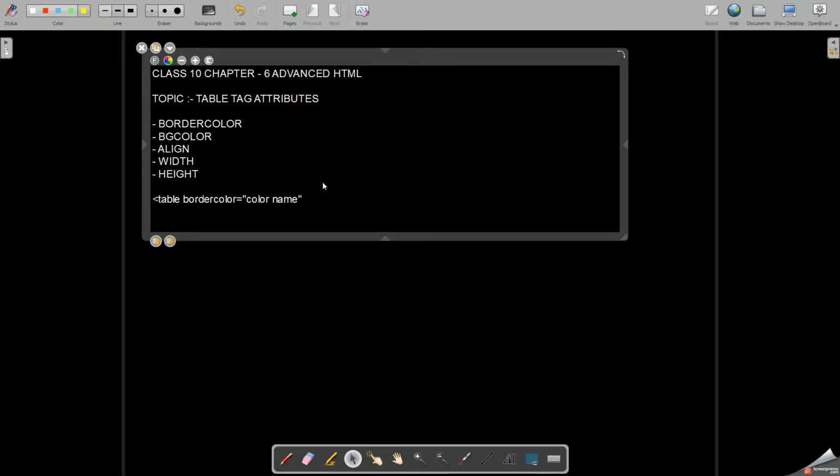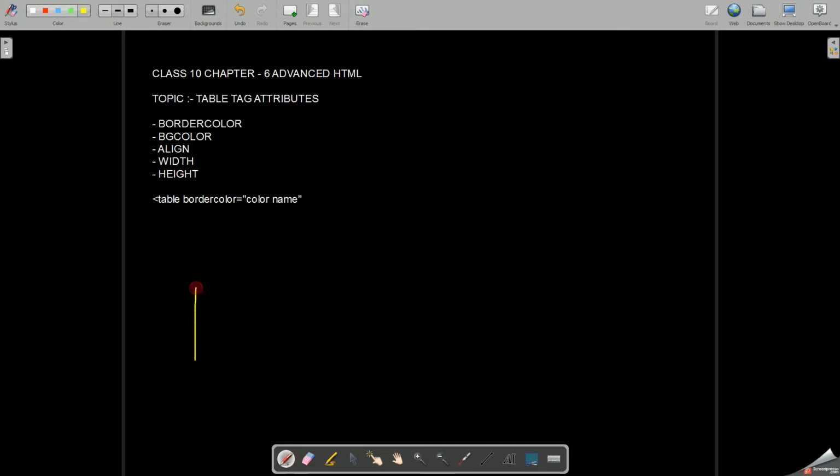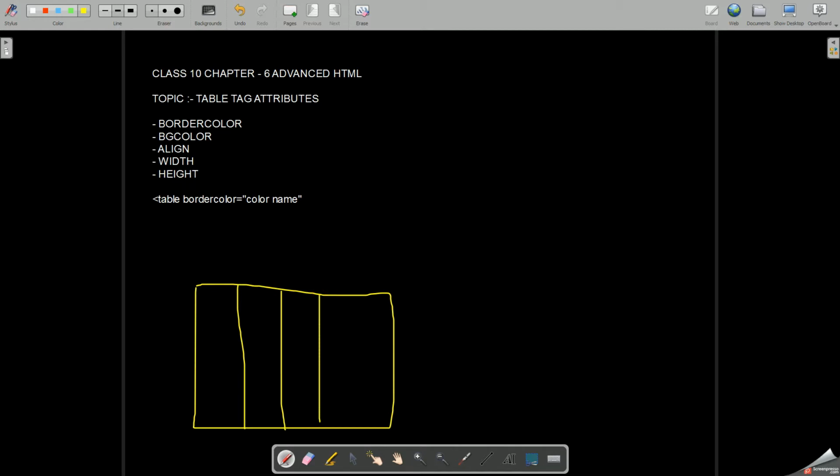That is all the table border, this is the table border. So you can see that right now the border color is yellow. That is the border as well as the inner grid lines, together they make the border color. So over here we are going to use any color name, whether it is a simple color name or the hexadecimal codes, but not the RGB function.